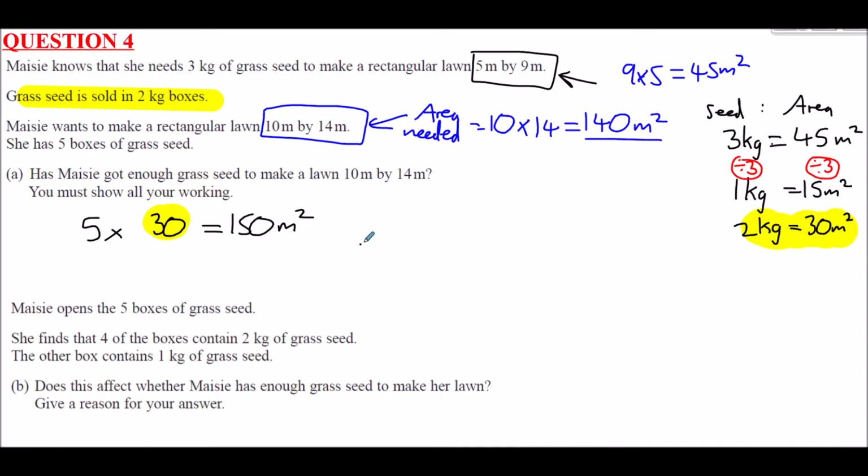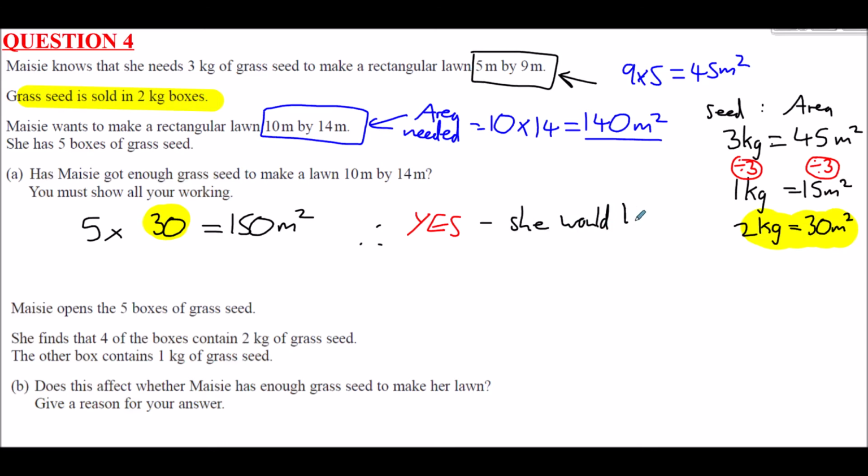So therefore, the question we need to answer is actually a yes or no. Has she got enough grass to make a lawn 10 by 14? Actually, yes, she does. And if you want to impress the examiner, you could say yes, and then explain